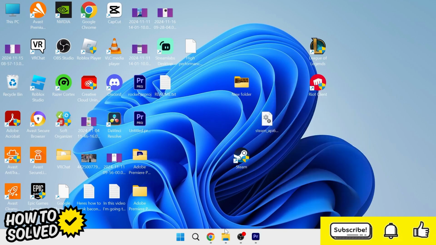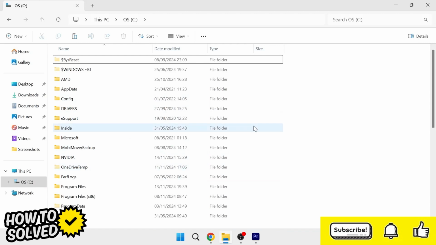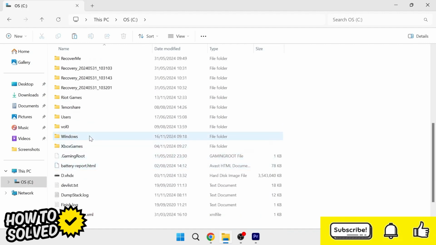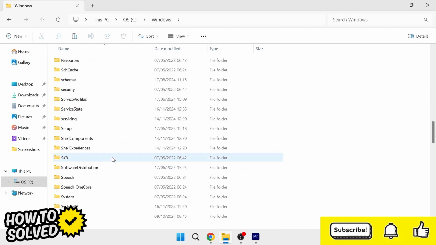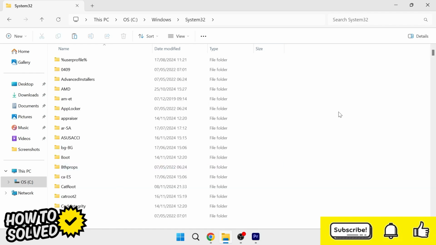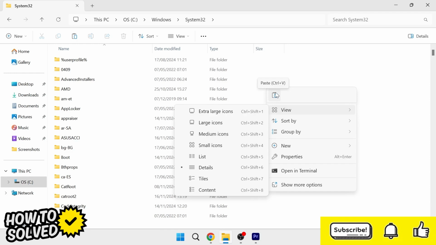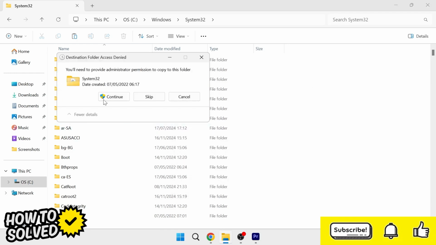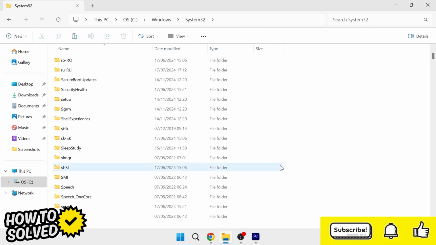Then finally you're going to head over to your file explorer, scroll all the way down to Windows and double click on this, scroll all the way down again until you see System32 and double click this, and then in this folder we just need to right click on the white space, and then you're going to press the paste icon to paste this file. And if you get the security message pop up, press continue, and then once you've pasted the file inside of